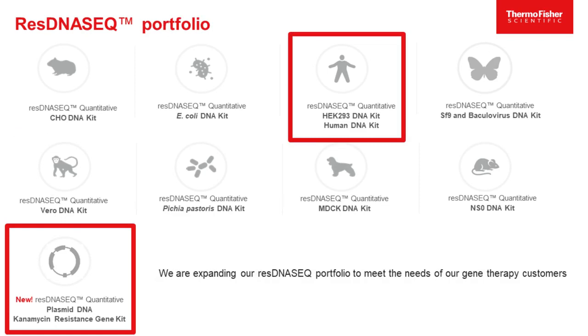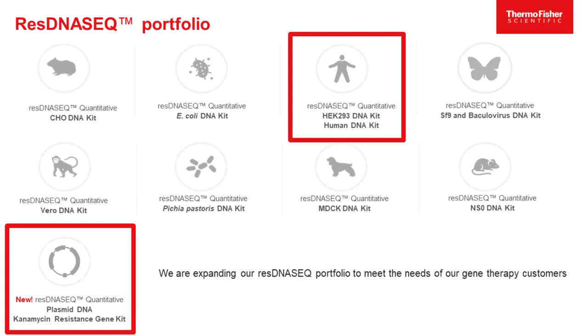Currently, we offer a variety of host cell lines for residual DNA testing, including E. coli and the kit specific for SF9 and baculovirus AAV production system. Our newest addition to the portfolio is the kanamycin resistant gene assay for the quantitation of plasmid DNA. I will focus my presentation on this particular kit and on the HEK293 kit, as HEK293 cells are typically used for AAV packaging. However, most of what I say about this kit is also true for all the other resDNASEQ